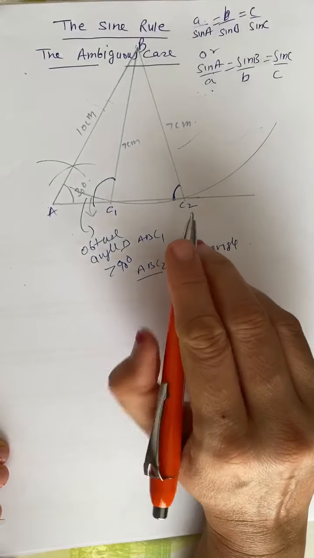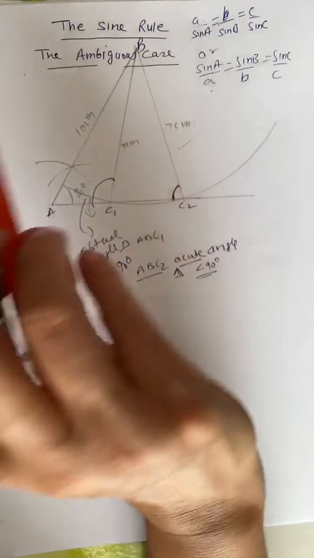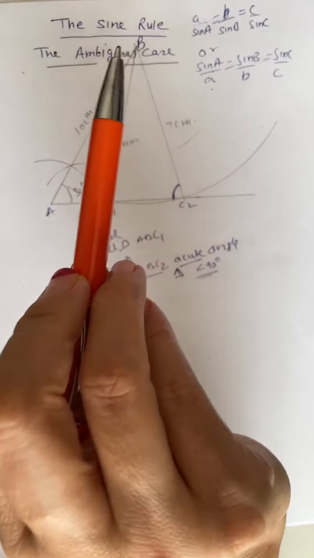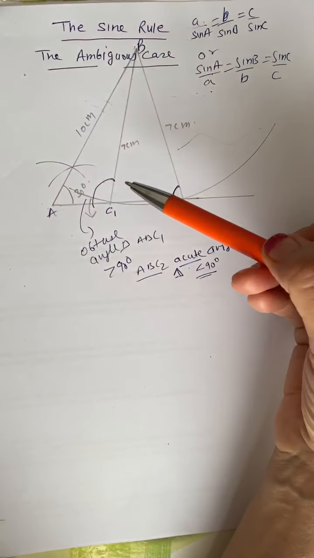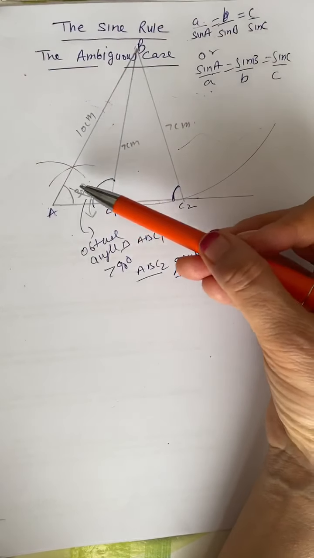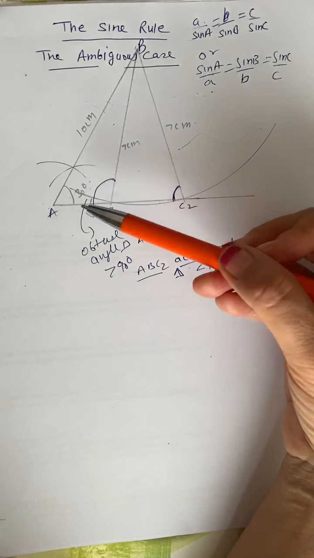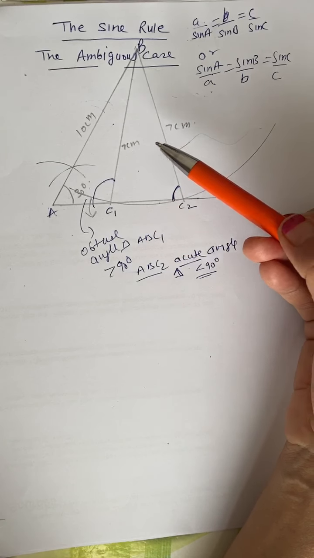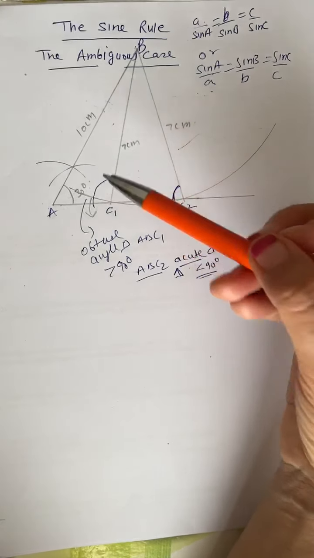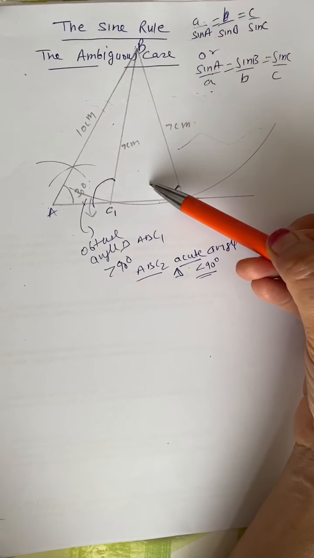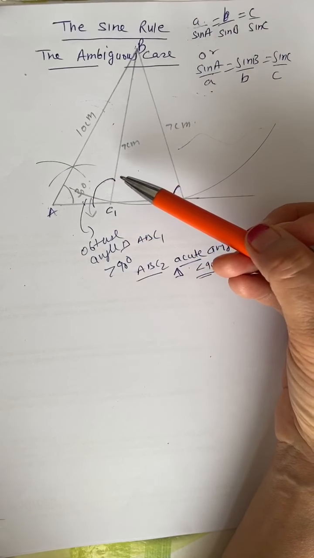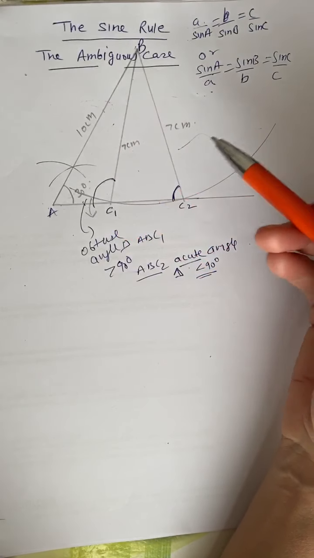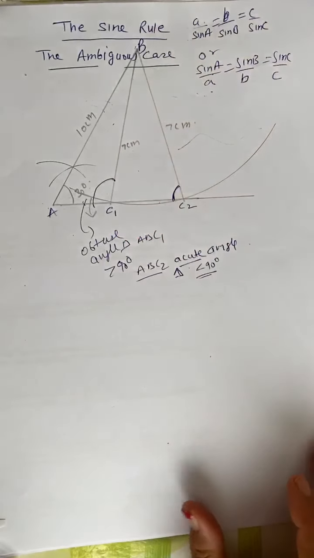Which means that whenever we use the sine rule, we always have to investigate whether we have more than one answer. In this case, clearly, we know that there are two possible triangles, but another question arises: will that be the case every time, or do we have conditions for when we can have one triangle and when we can have two triangles? We don't have to worry about conditions at this point, but what we need to do is to find all the angles here, and I will do a couple of examples also to make it clear.